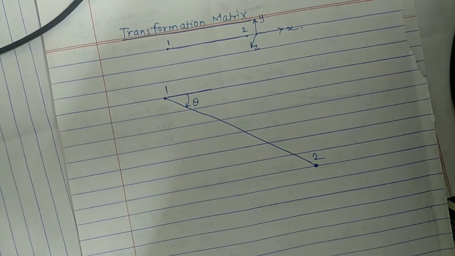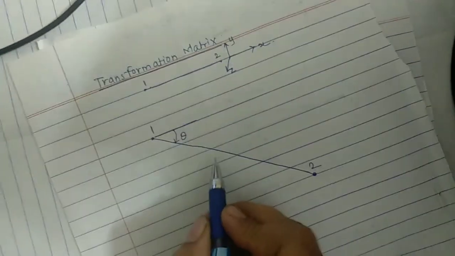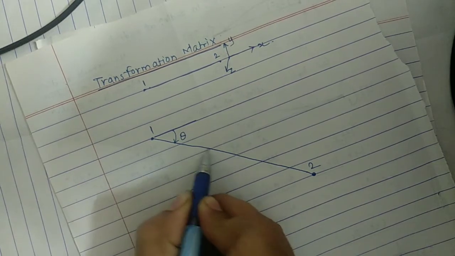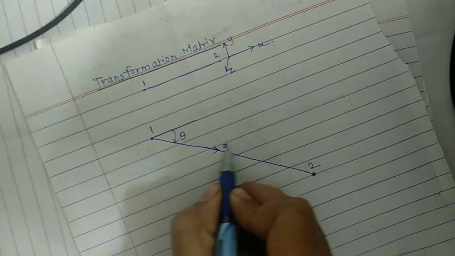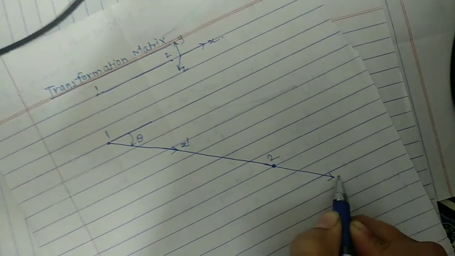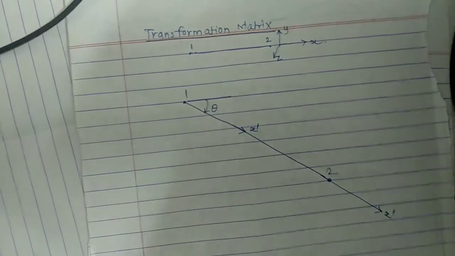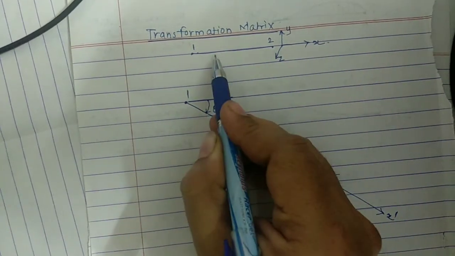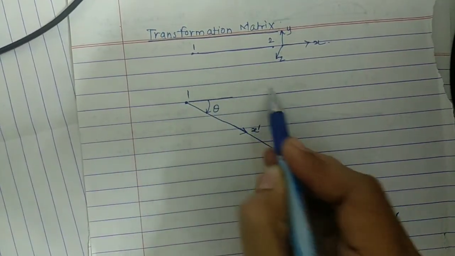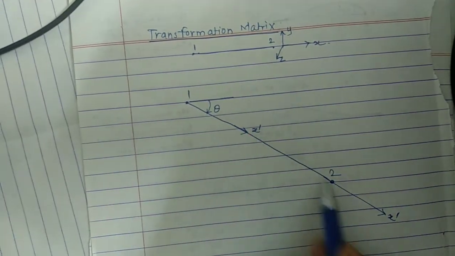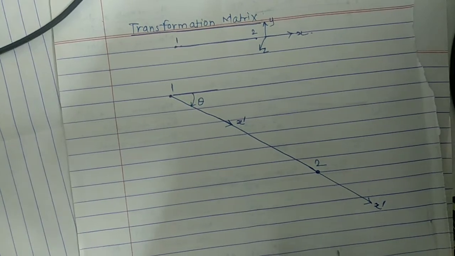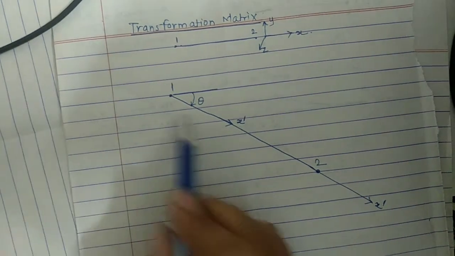Local we will show first. Local means along the member, so along this direction. This is for both nodes, we will show it separately. This is x dash along the member. This x axis is rotated at an angle theta, so this local axis is along the member. We will refer to local with a dash. This is x dash.